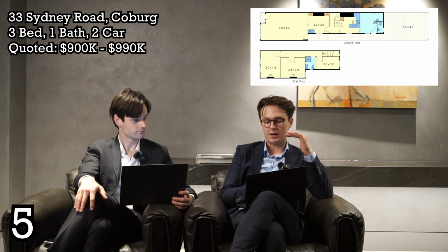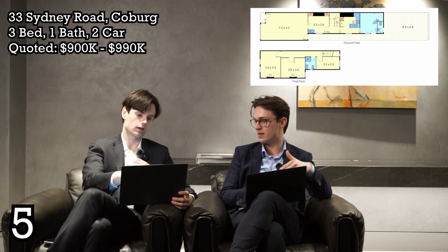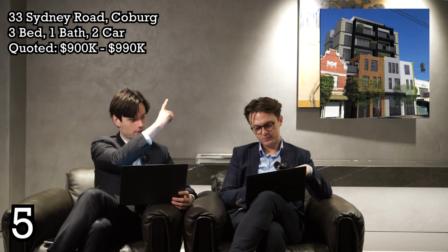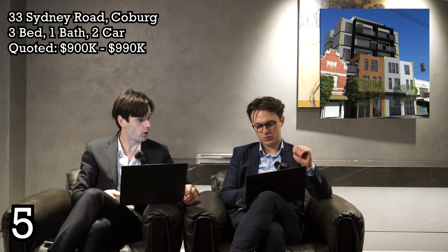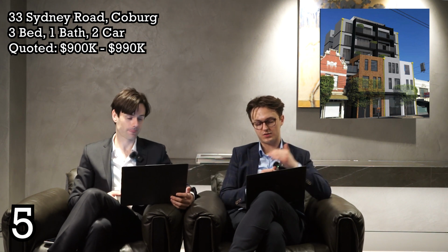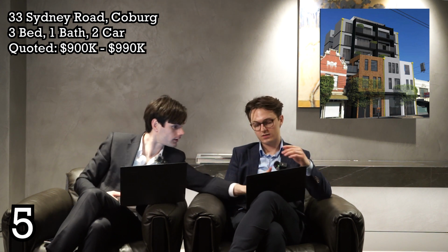Yeah, I know. But Ben, looking at this, I've got the plans here. So it looks like it's 3 levels of up to straight wall. So it could be 9, 10 metres. And so that goes up to, we can see in the photo, which we will pop up here at the moment, it's got 3 levels in the podium. So the podium goes up to basically the top of our building that we're talking about. And then overall is 3, 4, 5, 6 levels. Okay, 6. So I reckon, 6 times by...